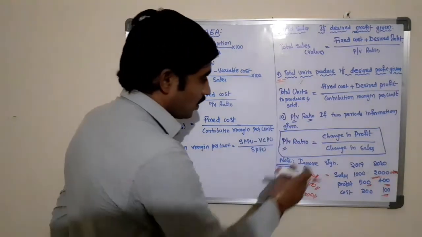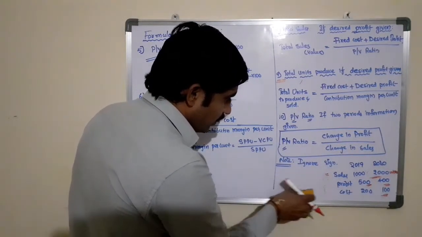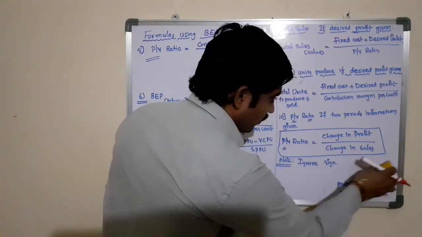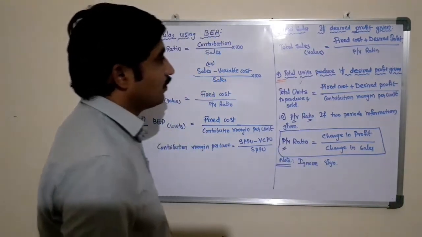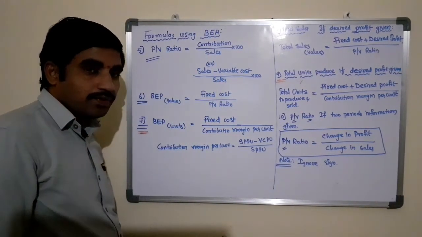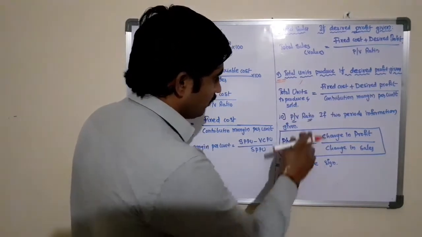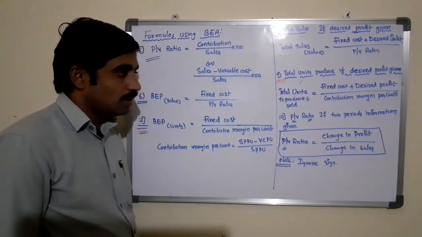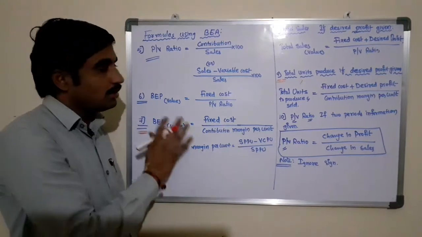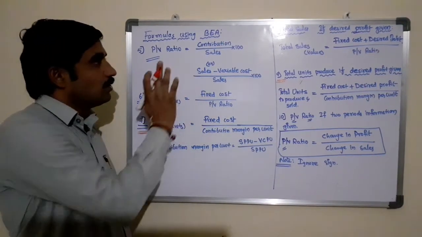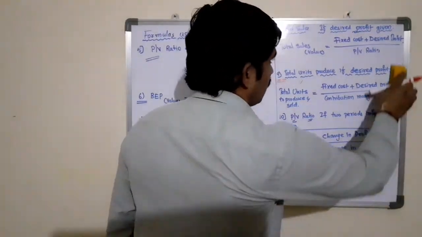So these are the formulas that we are using to determine the PV ratio, break-even point in terms of units, break-even point in terms of value, total sales if desired profit is given, total number of units produced and sold in the market if desired profit is given, and PV ratio if more than one period's information is available. So they are also very important formulas we are using in break-even analysis. Apart from these formulas,